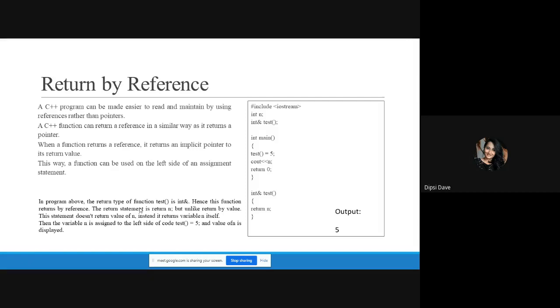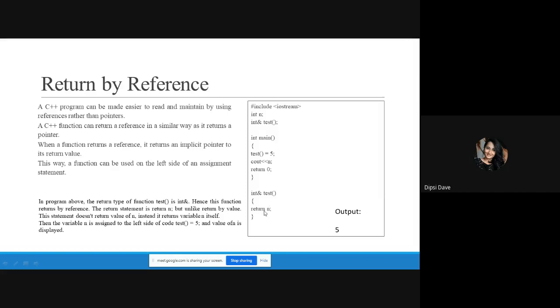Hence, this function returns by reference. The return statement is return n, but unlike return by value, this statement doesn't return the value of n. Instead, it returns variable n itself. That's why we can write the function on the left hand side of the assignment statement.